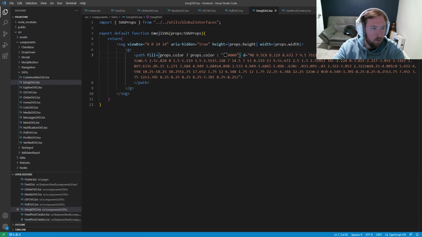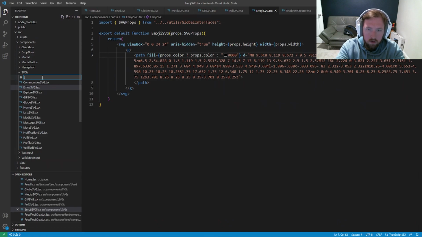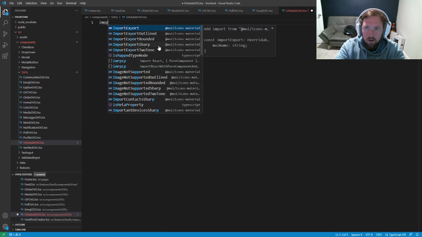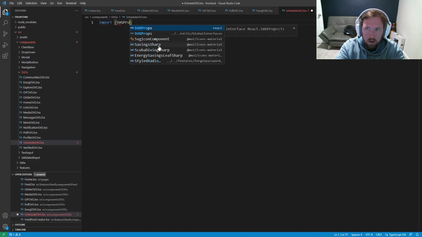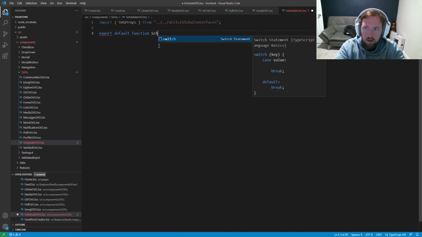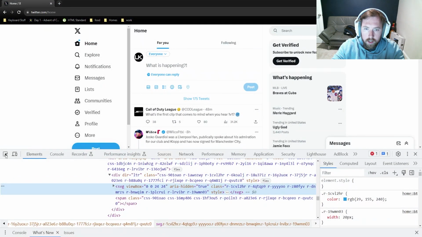Cool. Now we need the schedule icon. So new file, schedule svg.tsx. Import our svg props. Export a default function, and this is schedule svg, and this takes in props of svg props, and we'll go ahead and return. So we only have 2 more left, so it's not as bad as the other one,